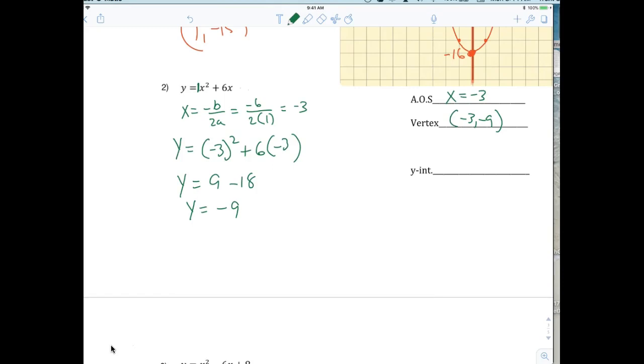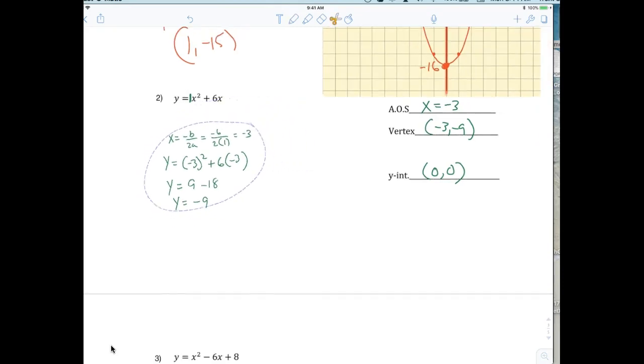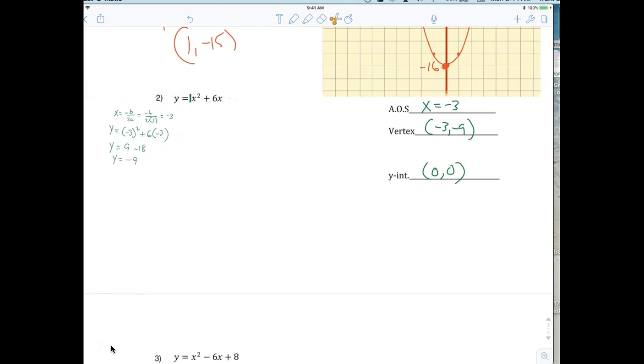Now, what's the y-intercept? 0. Now, I would rather you say the y-intercept is 0, 0. Everybody good with that now? Because what's C? C is 0. There you go. C is 0. All right, so here we go. I'm going to move this out of the way a little bit so I can put on my